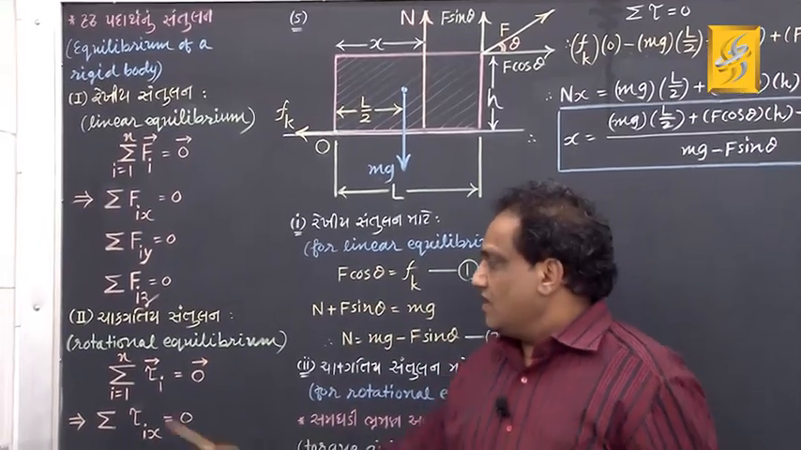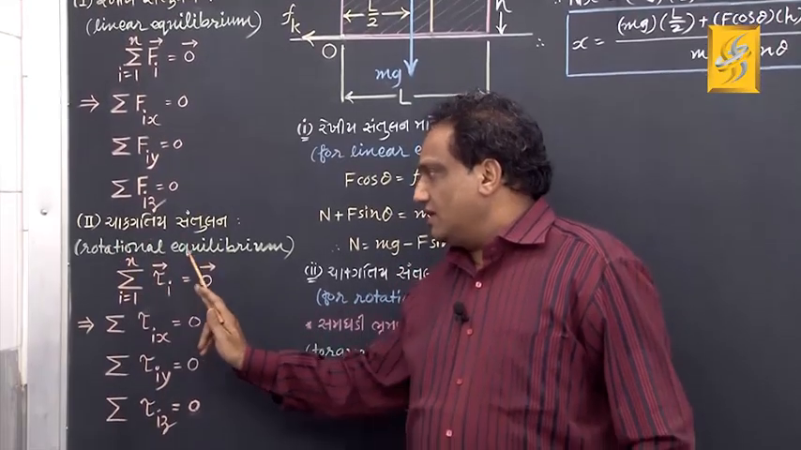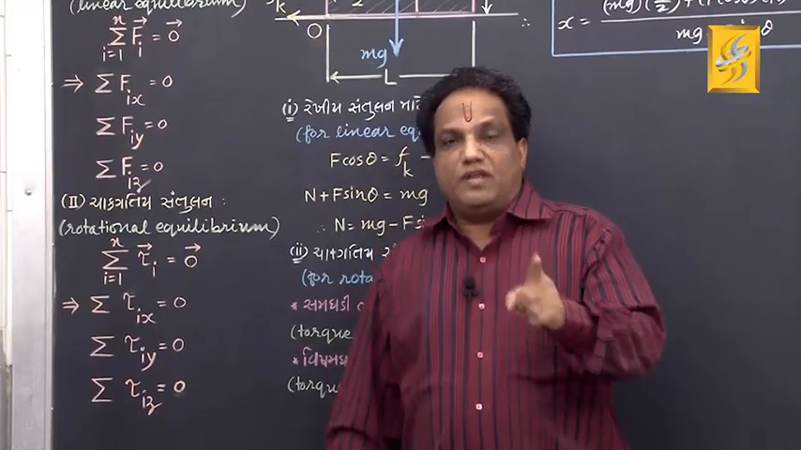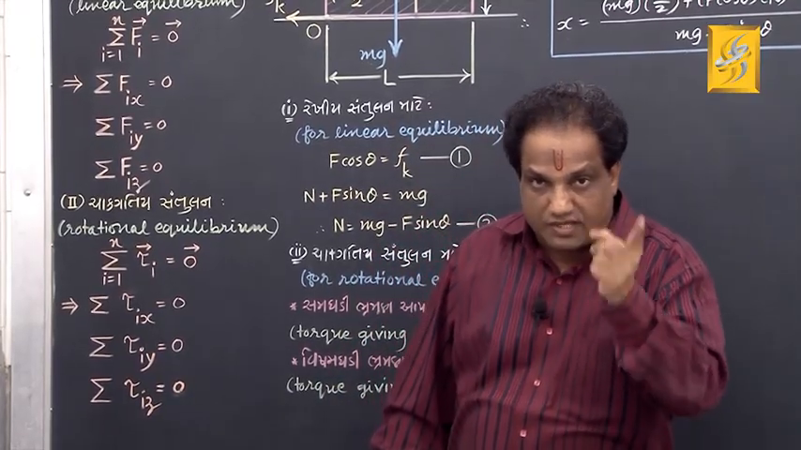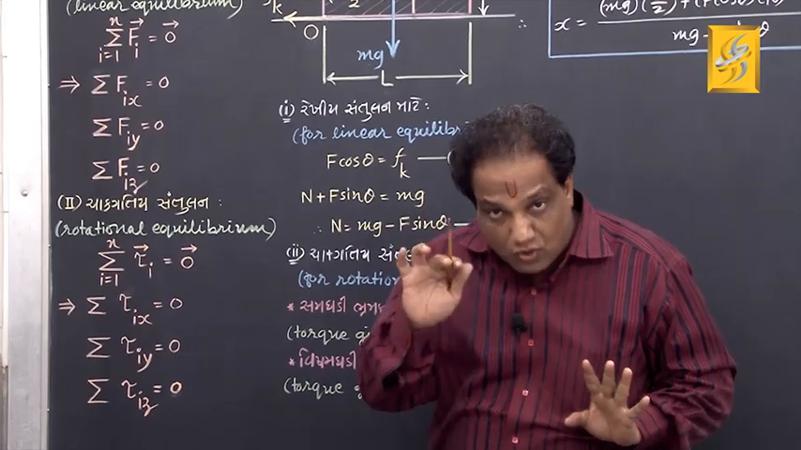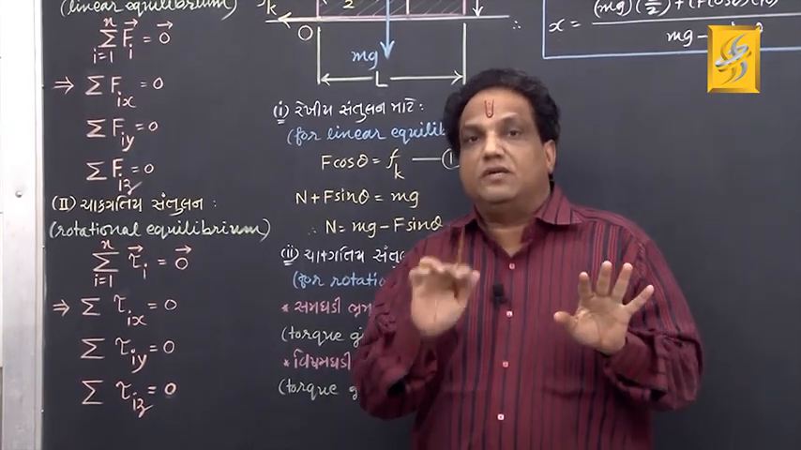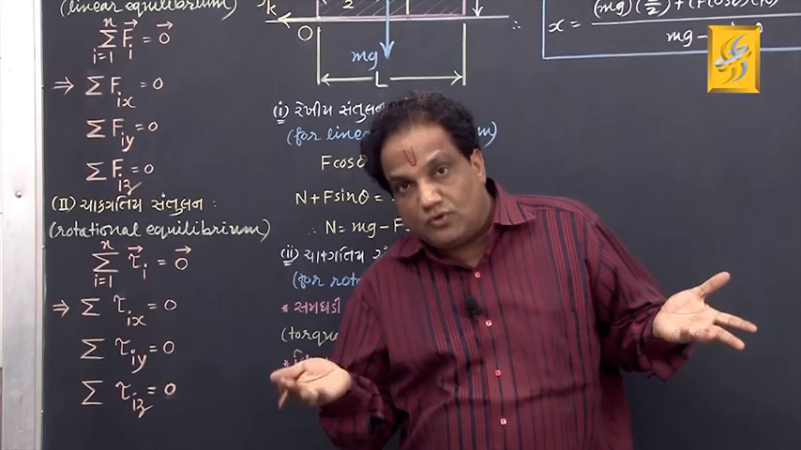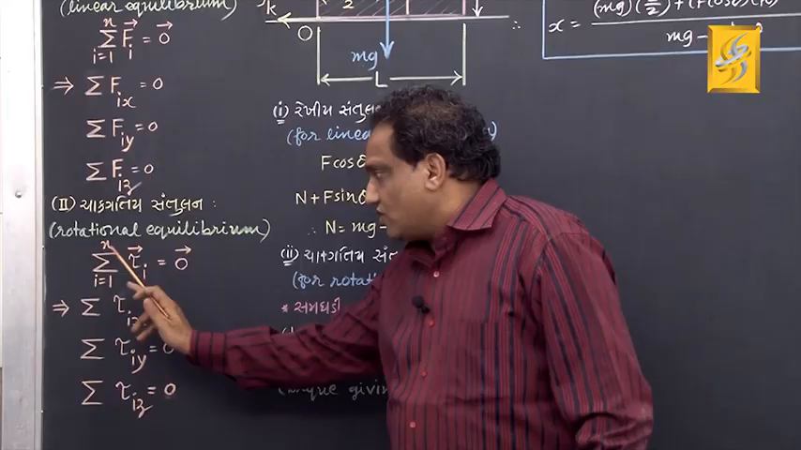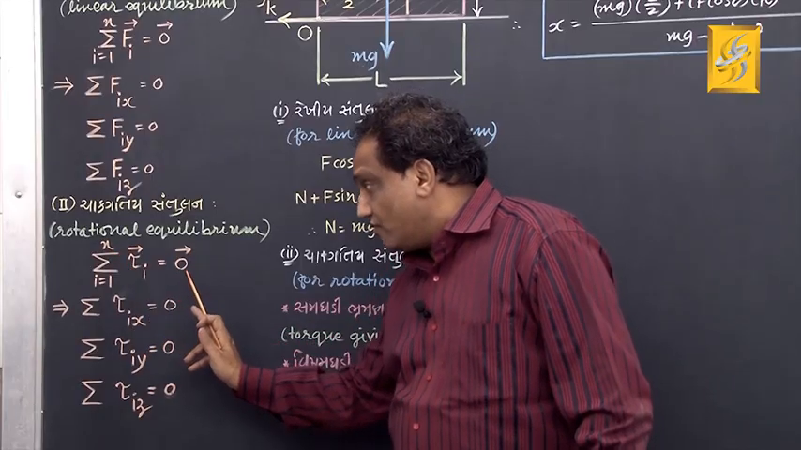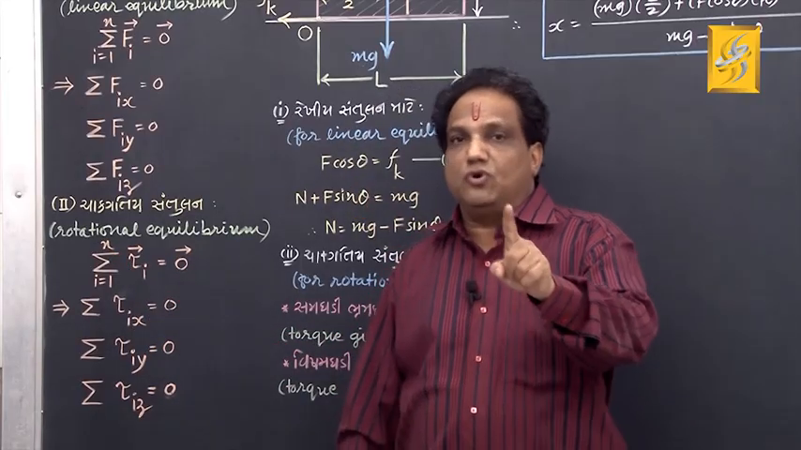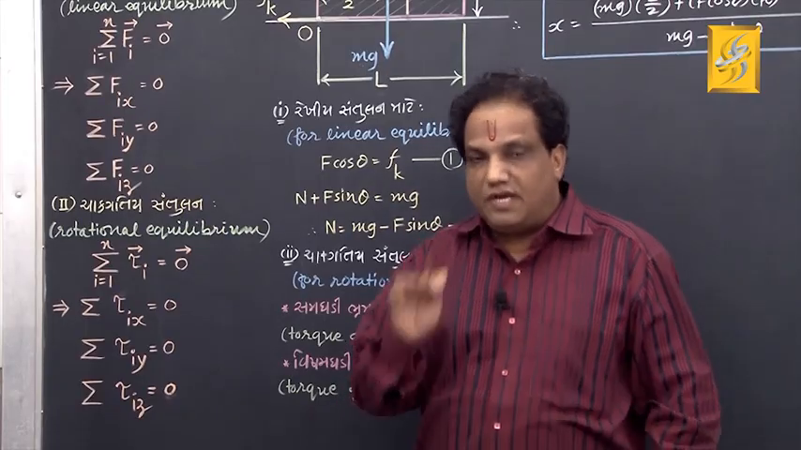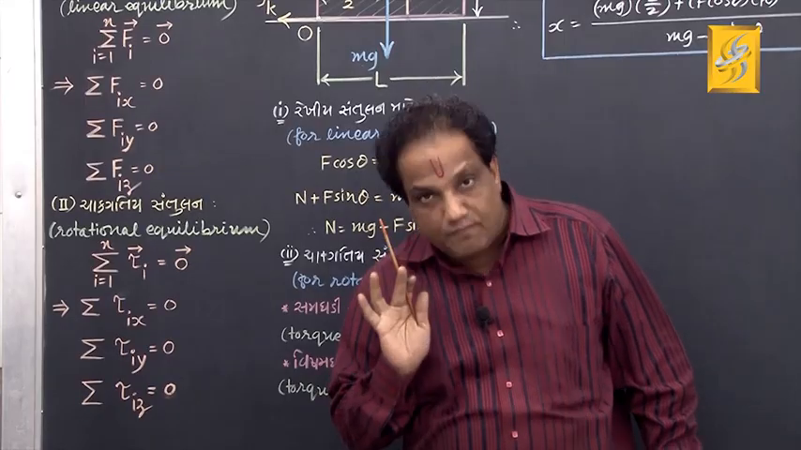Now let us see when the rigid body is said to be under rotational equilibrium. Very simple. Whenever the resultant torque exerted on the rigid body is 0, it is said to be under rotational equilibrium. When the resultant torque is 0, naturally the vector addition of all the torques must be 0 vector. And you know from first semester, whenever any vector is a 0 vector, all its three mutually perpendicular components must